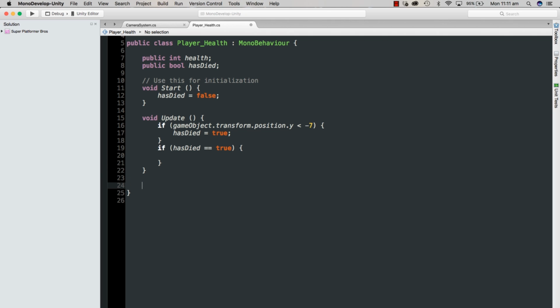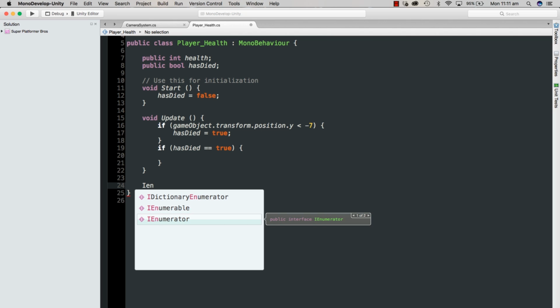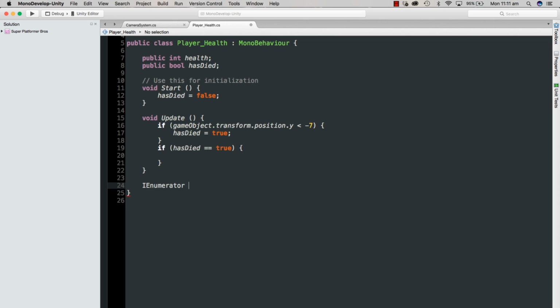So coroutines, I've covered them in our last episodes. They're very similar to methods or functions, but the difference is you can wait, you can pause for a few seconds, and so that's why I really like them. So if we say IEnumerator and we just say Die,